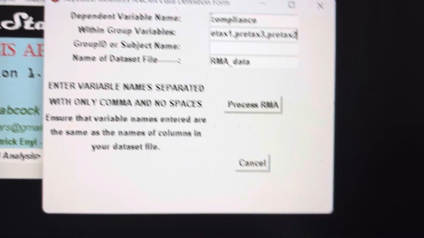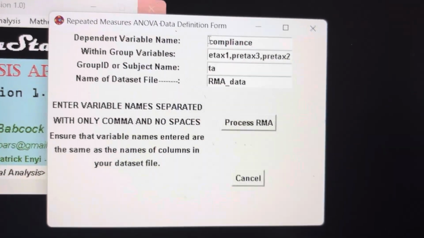I think that's it. So we now look at the tax group,